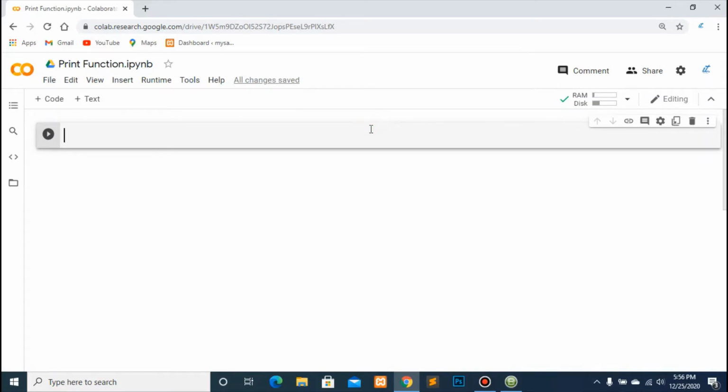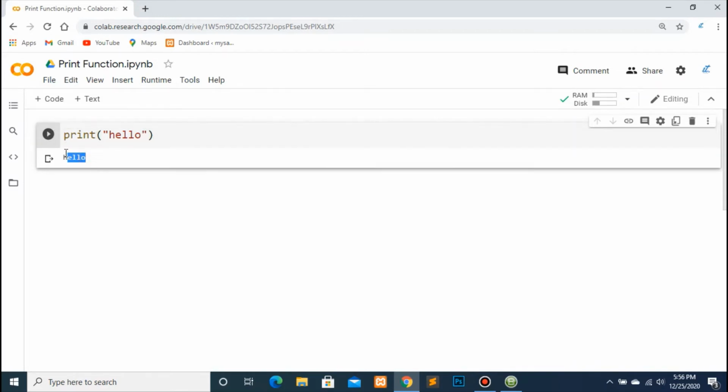The first concept that I have explained was how to display objects on the screen using the print function. For this, what you have to do, write print, and then here you can type any object or anything that you want to print on the screen. For example, I want to print hello. So when I execute it, for execution, you can click on this button or you can also press Ctrl plus Enter so you can execute this cell. So the output is hello. It has printed the object hello on the screen. Now, it is a single object.